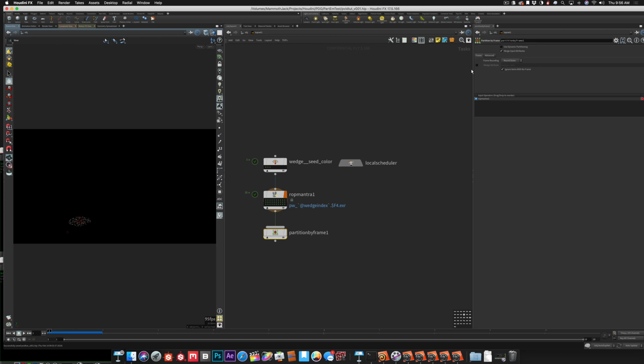Cool. So I can now go back over here to my partition by frame. And all I'm going to say here is, well, the defaults will work just fine. I'm going to round down if it's a floating value. And let's see what happens. Let's just cook this. First thing you notice is that the icon here is slightly different. It's got these vertical bars representing there's a collection of items. If I go here to my task info window,